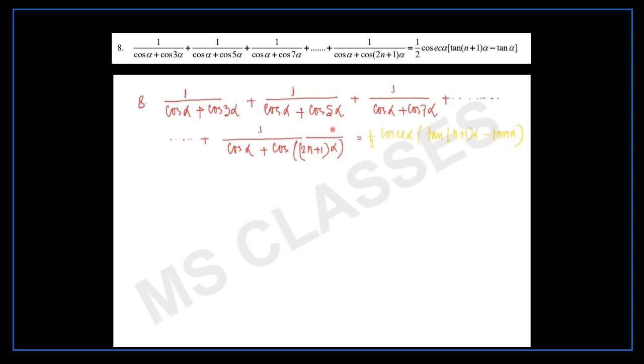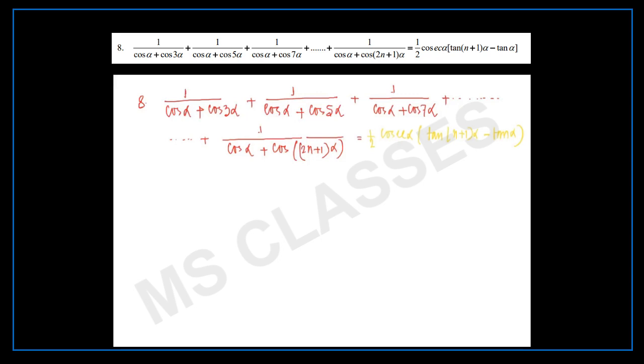So basically, if you take the nth term, first of all, what will come to our mind? That we have to apply cos C plus cos D. Absolutely correct, we can definitely apply it. But the next thing that should come to your mind is that we need tan here, and for tan we need sine in the numerator. Without sine, we cannot do it. So two things are coming to our mind: one is we have to apply cos C plus cos D, and secondly, we need a sine in the numerator.